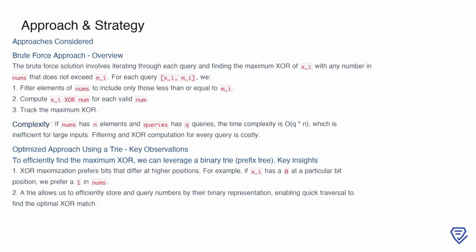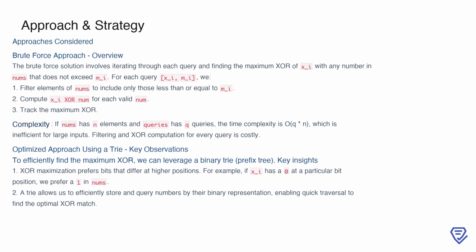To tackle this problem, the brute force approach is a straightforward but inefficient method. Here, for each query, x_i, m_i, we first filter the array nums to include only those numbers less than or equal to m_i. Then, for each valid number, we compute the XOR of x_i with that number and track the maximum XOR result. While this approach is simple, its time complexity is O(Q*n), where Q is the number of queries and n is the size of nums. This is because we perform filtering and XOR computations repeatedly for each query, which makes it computationally expensive for larger